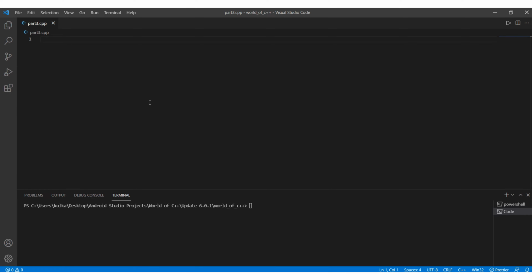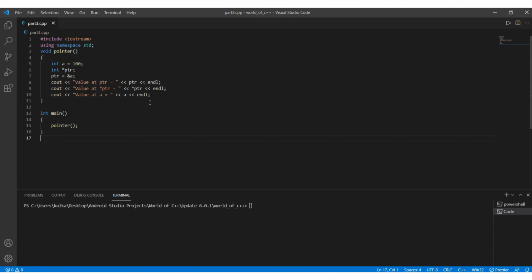Before we begin our next technique, that is passing by reference using a pointer or call by pointer, I need to show you what a pointer is. For that, let's have a look at this example. A pointer is simply the address of a memory location, and it provides an indirect way of accessing the data in memory. I have created a function here.